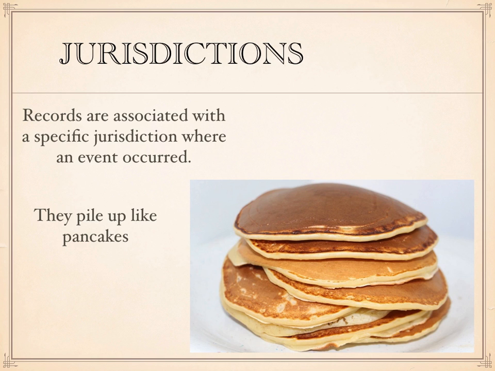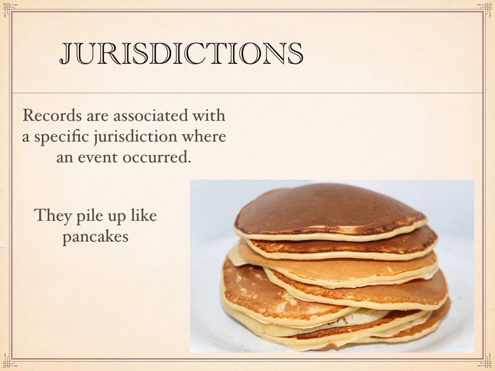As events are recorded at every level, those levels are not intermingled. So records created at one level are not necessarily found in any other of the jurisdictional levels. The most common way to look at that is to think in terms of very local things. A school district, for example. School records for a specific school district are not necessarily found at the city, county, or state level. However, it depends who has the jurisdiction, who is actually keeping the record.